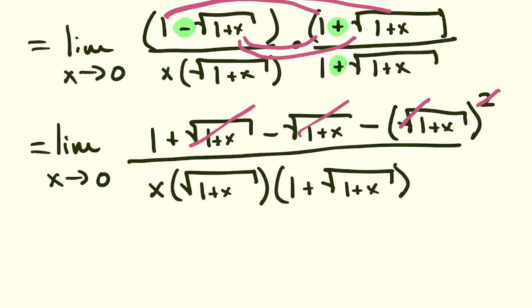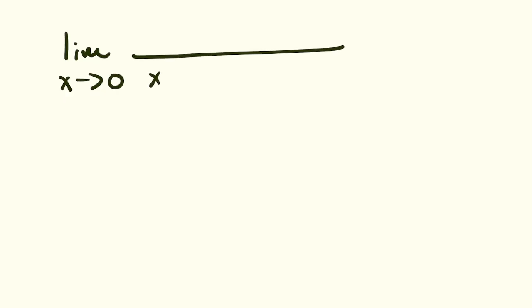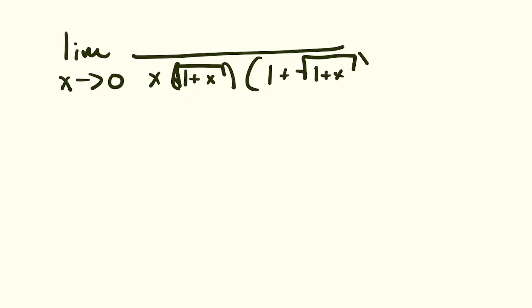And that's why we do this little trick here, this little tip, is because it allows us to get rid of all the square roots that we were dealing with, that were making life uncomfortable for us. Plus x. And so what we are left with in our numerator